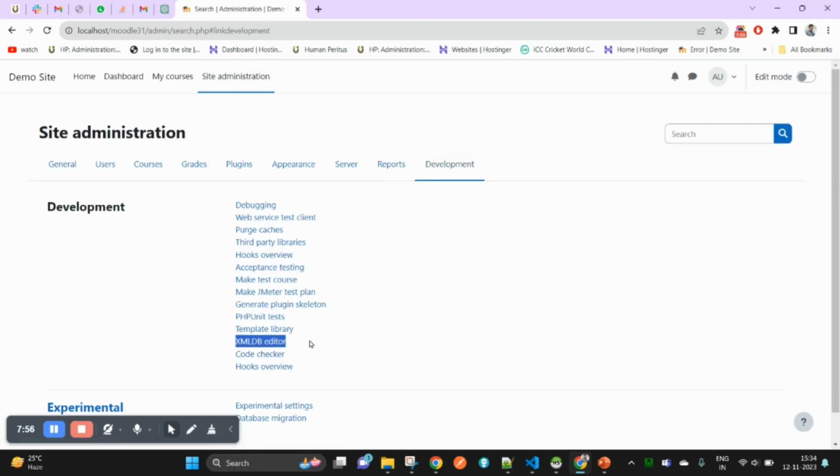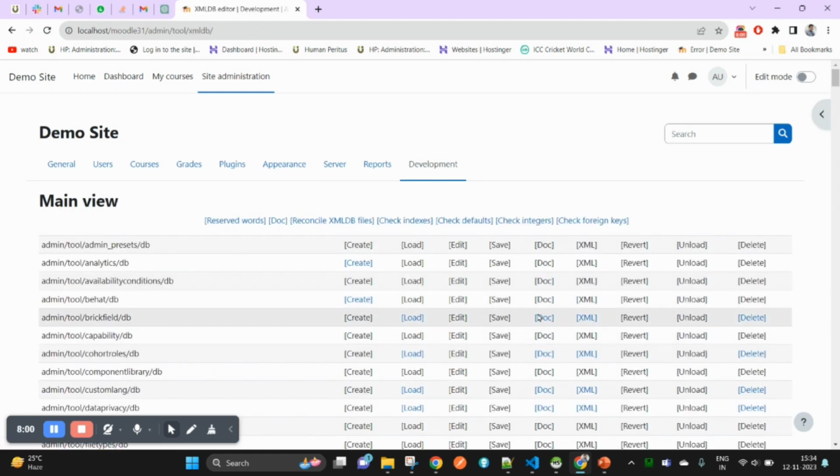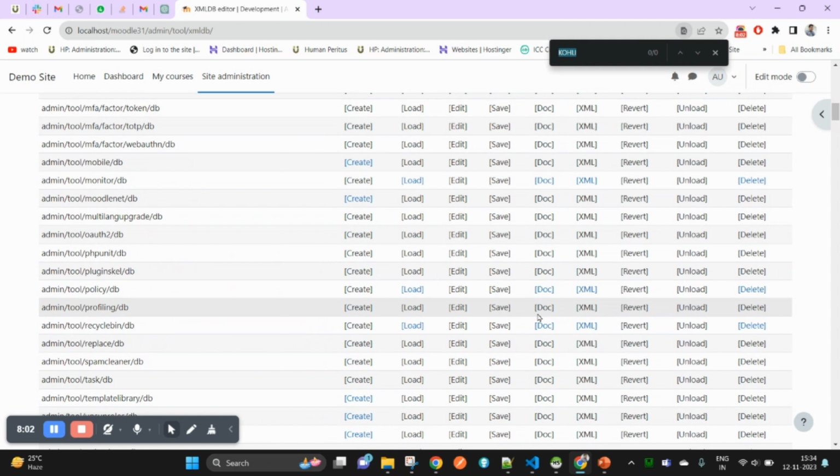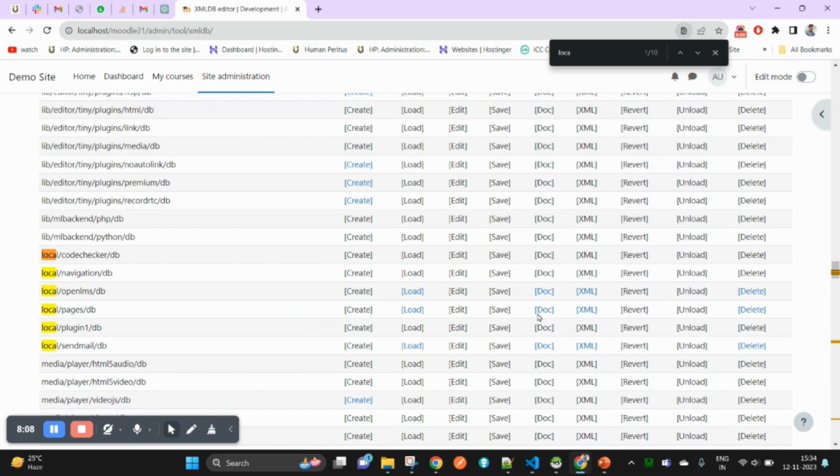Then here you will see the XMLDB editor. Now if you have installed your plugin, then you can search for local slash sendmail. If you load this,